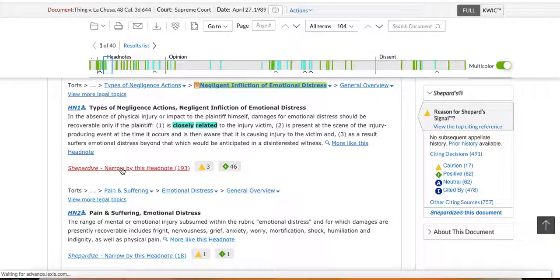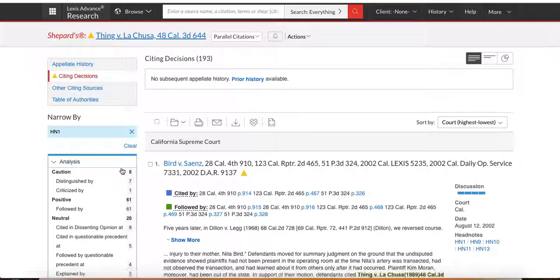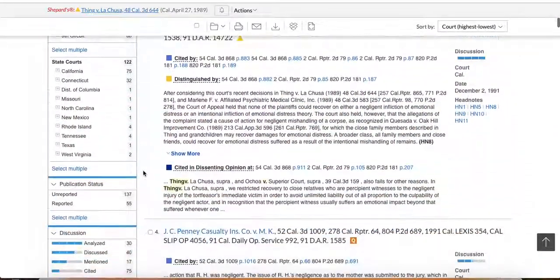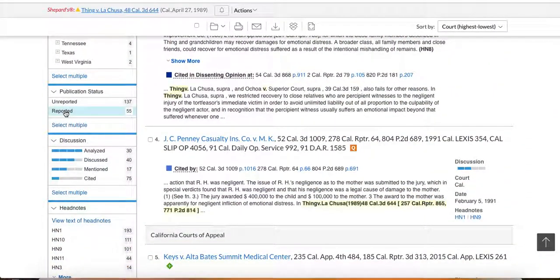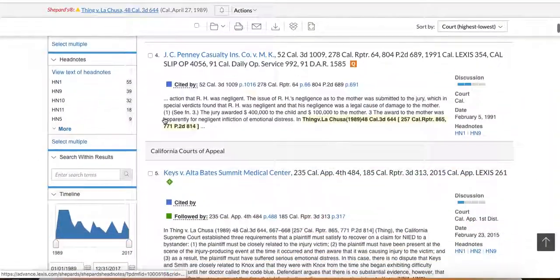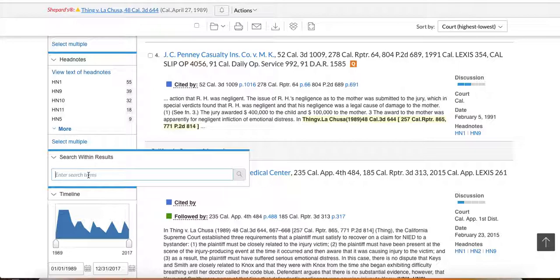So when you Shepardize it, you go in and you've got 193 cites. Okay, now what you do is you scroll down. You can say, show me only the reported cases. And then from there, you can again scroll down here and you apply the same formula. The standard that the court is using, okay, these are the things you use to narrow down. Standard the court is using,